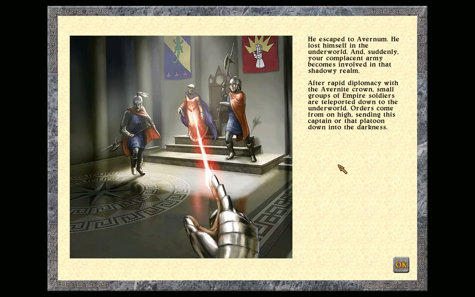He escaped to Avernum. He lost himself in the underworld, and suddenly your complacent army becomes involved in that shadowy realm. After rapid diplomacy with Avernum, with the Avernite crown, small groups